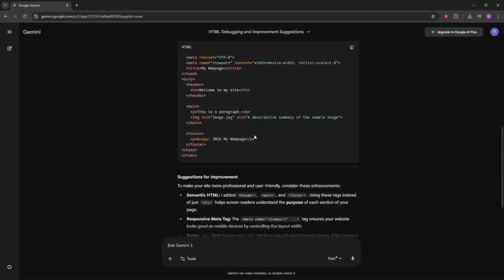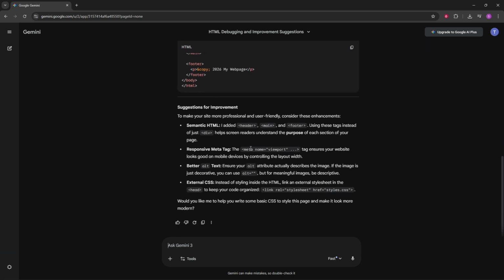Finally, apply the fixes and test in your browser. Replace your old snippet with the corrected HTML, save your files, and refresh the page. If styles were changed, do a hard refresh to avoid cached assets. Check your layout at different screen sizes, interact with key elements, and open your dev tools to ensure there are